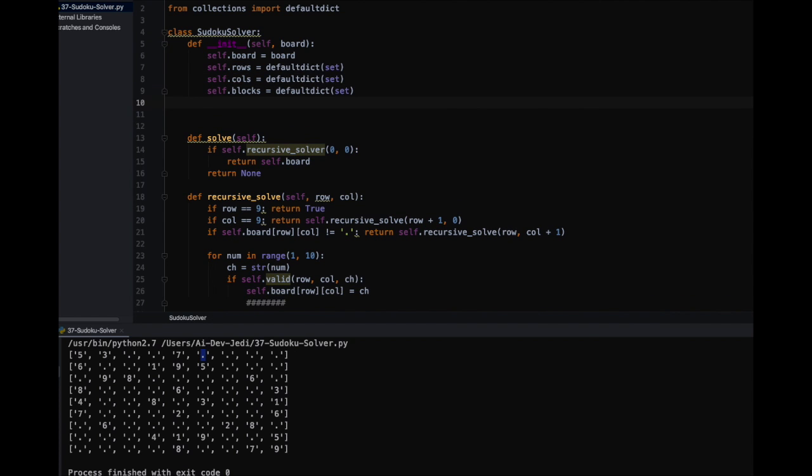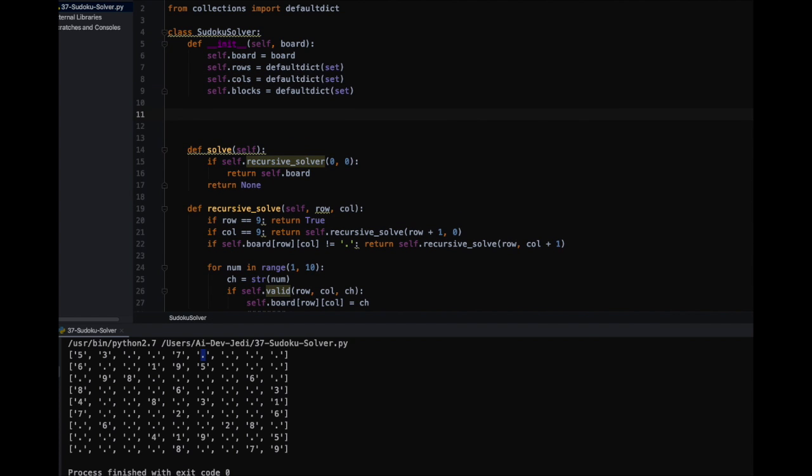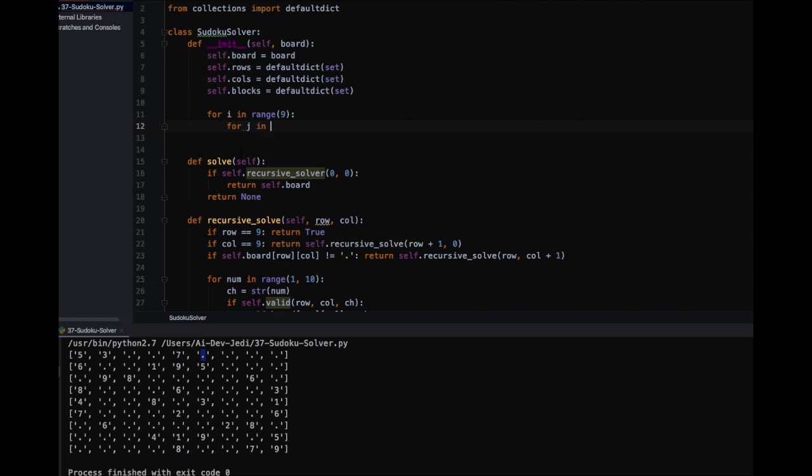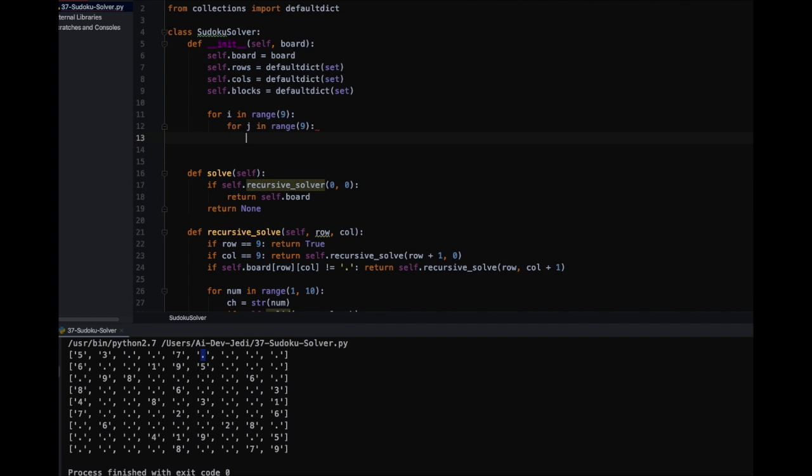Now, let's actually fill up the rows and columns and blocks right at the beginning with the elements that already exist in the Sudoku puzzle. If it's not empty, then